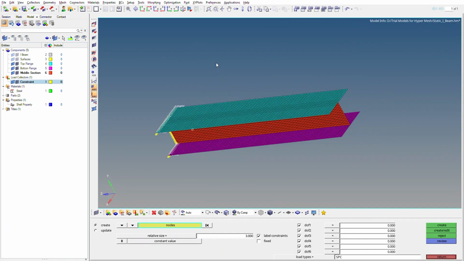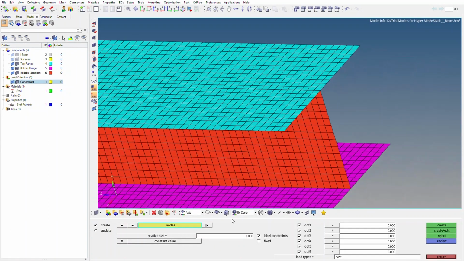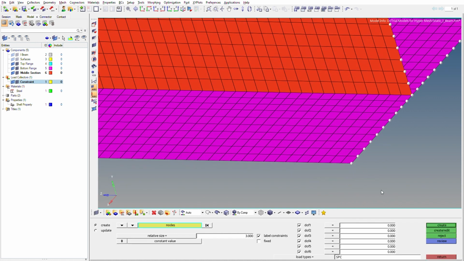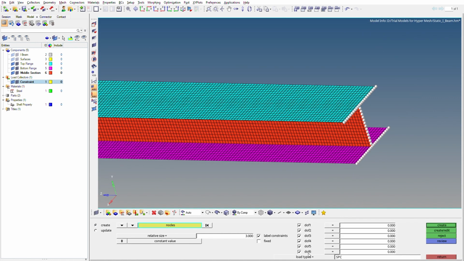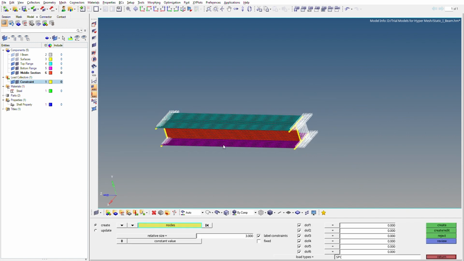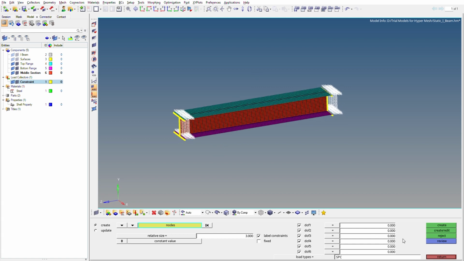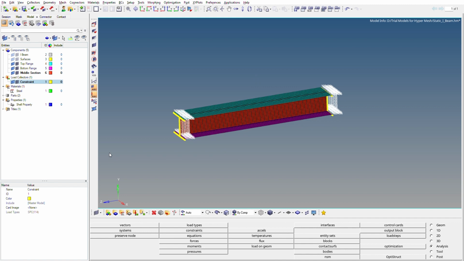Similarly, we'll select the nodes on the other face. We'll go to by path. And we'll check all the degrees of freedom and we'll assign the value 0 and we'll click create. So as you can see, both the end faces are fixed now. Okay. So we'll return back now. And to apply the load, we'll click